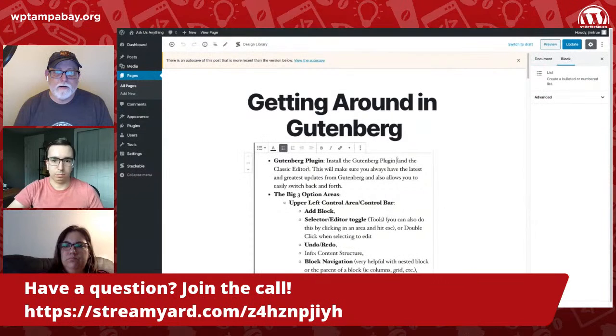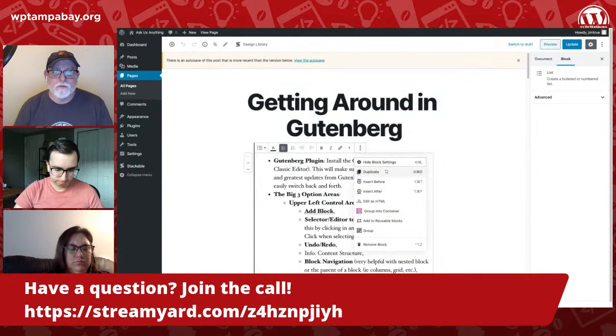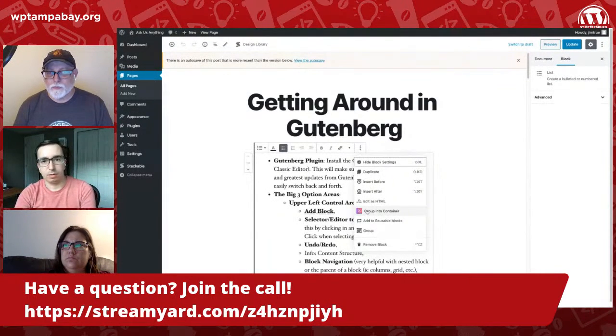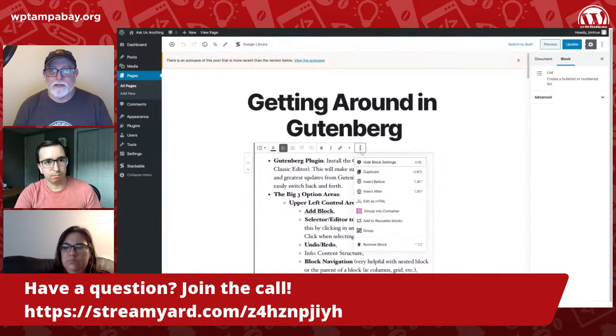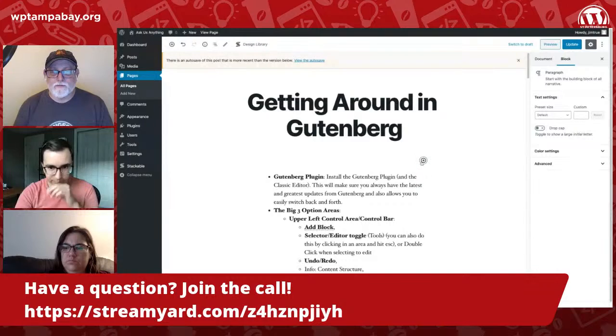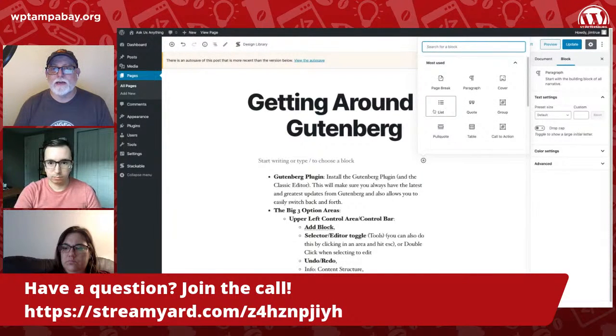And when I'm in here, we'll do an insert before. Oh, look. You have group into container, which was added by Stackable. You can tell it was added by Stackable because it has a color-coded icon, but that isn't accessible to people who can't read those colors. So if I insert before, what you'll find is that now